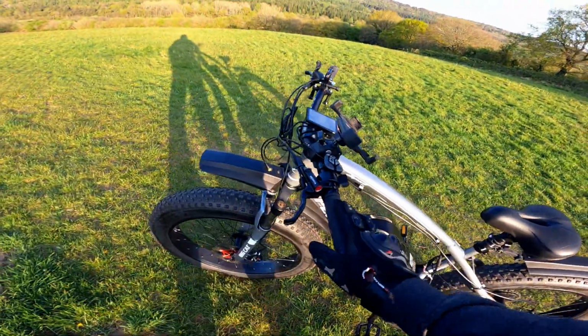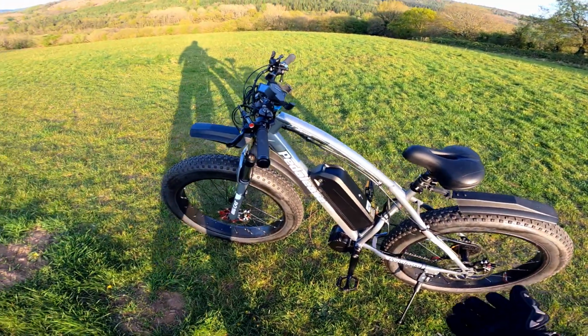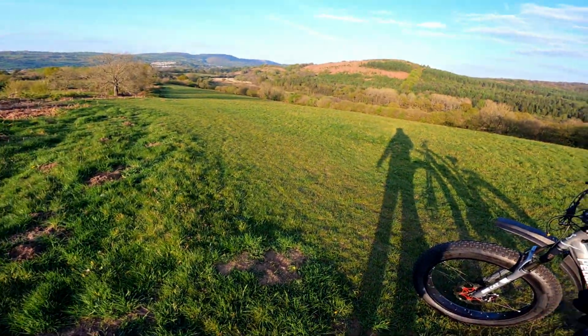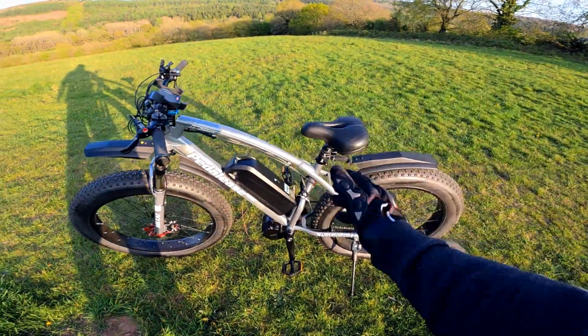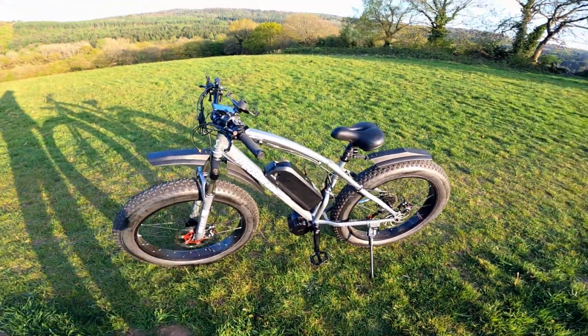So that's the brakes, and for the weight of the bike, the brakes are pretty good. So what have I done? I've gone through the frame, done the battery, done the motor, done the brakes, and the only other thing I did change, I think,